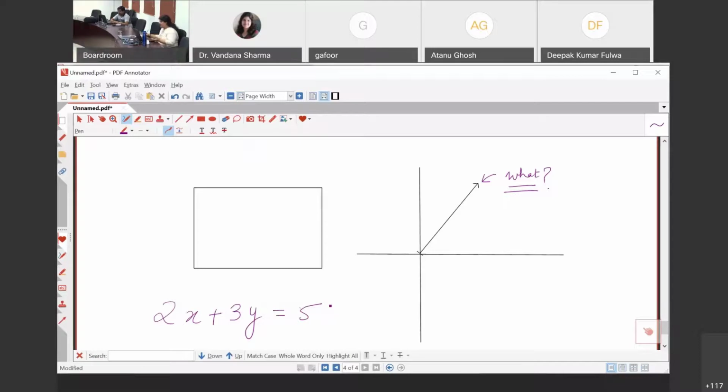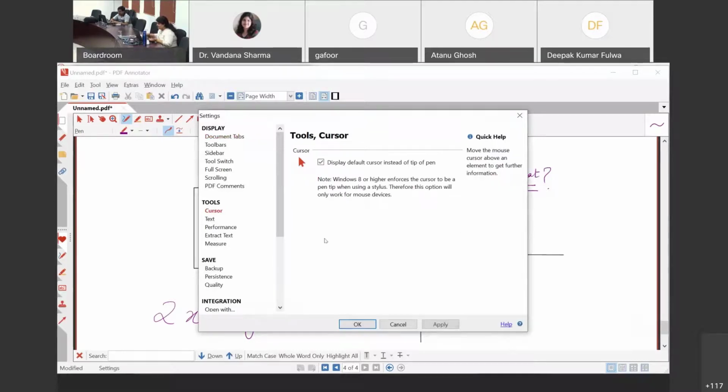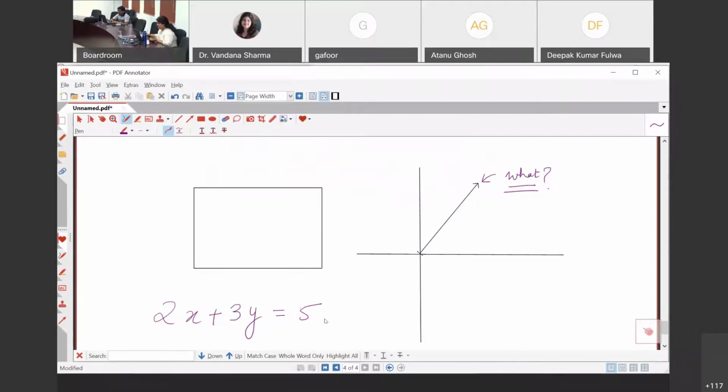So you are viewing the presentation, but you won't be able to see the cursor, right? So it's important that we change the cursor. It's a small thing but has a huge effect. Now it's much better.